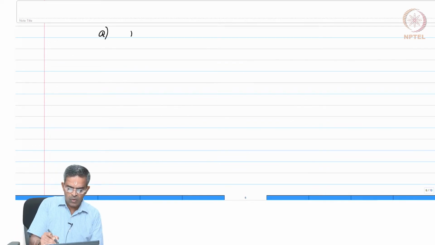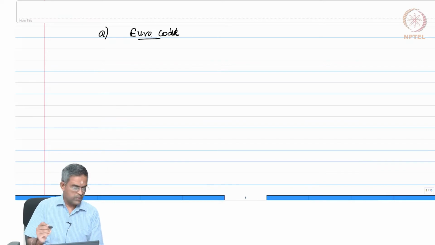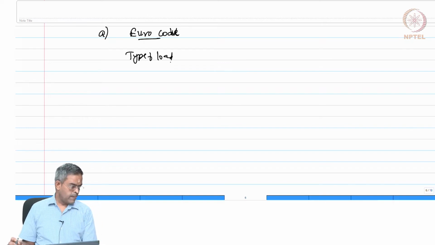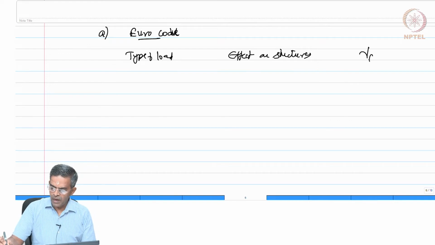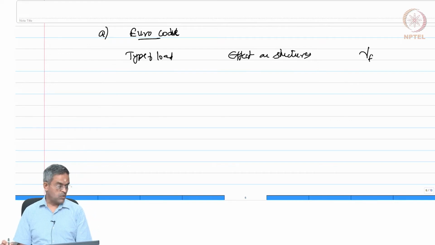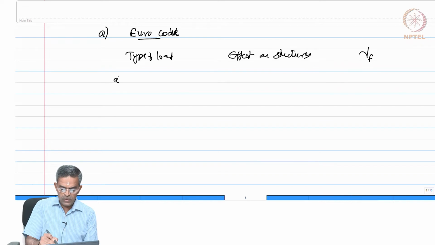Okay. So, in this context, let us see what international codes advise. Let us take Eurocode, for example. If we talk about the type of loading and the effect of this loading on structures and the appropriate gamma f advised by the Eurocode, if you say for permanent class of loads,